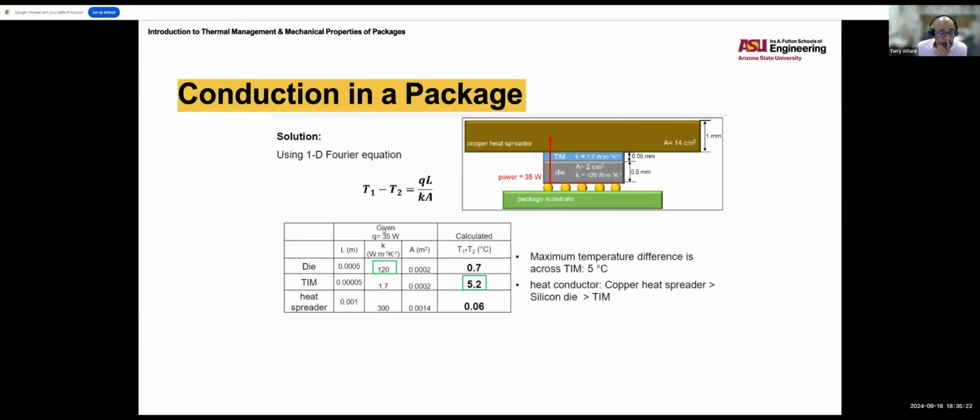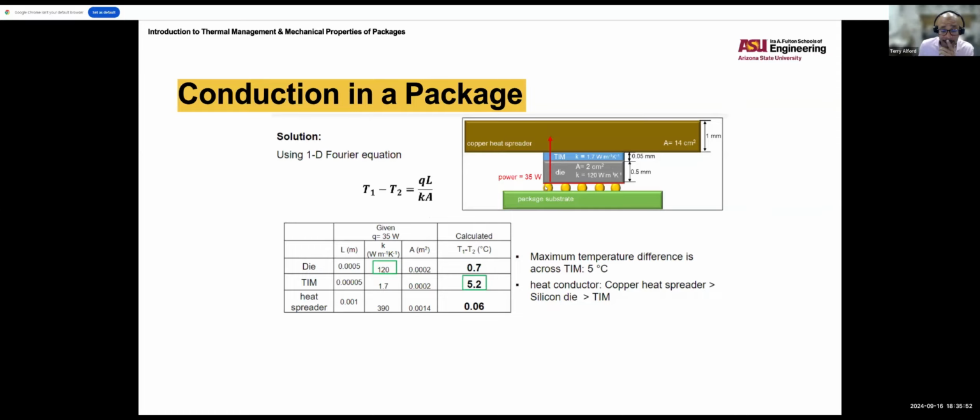If we look at the heat going through, first we look at the die, in meters. Here we have K and the area. Now, we're going to calculate the difference in temperature